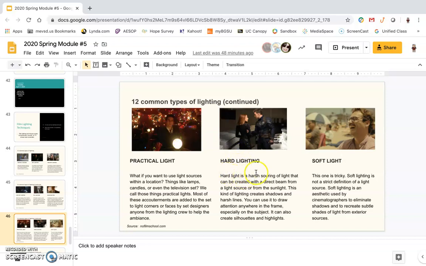Hard lighting, a harsh source of light that can be created with a direct beam. So this is pretty much being harshly lit here. There's not a whole lot. There's a little bit of shadowing, but not a whole lot. It's pretty